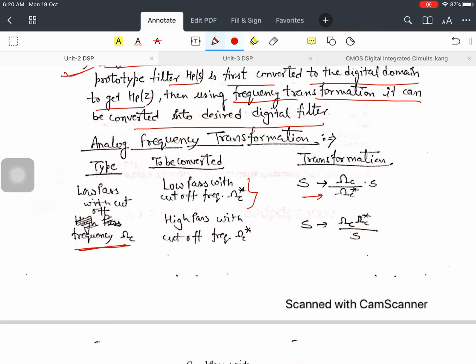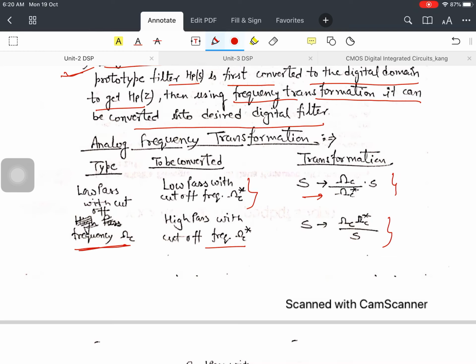Now if we want to convert this to high pass with cutoff frequency Ωc*, then s is going to be replaced with Ωc into Ωc* upon s. So you have to remember this